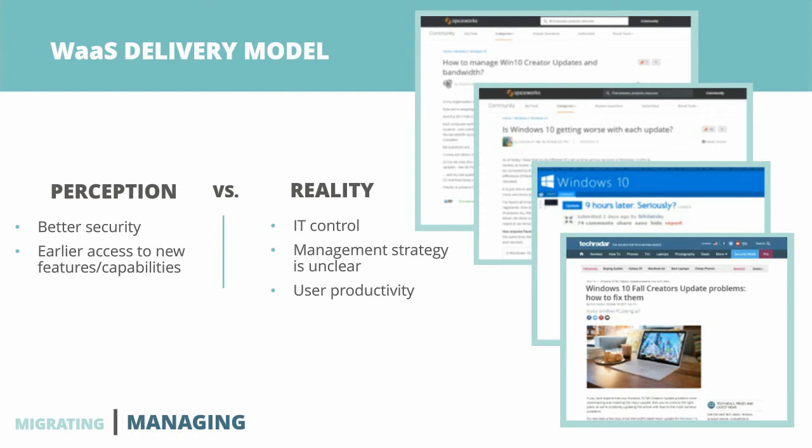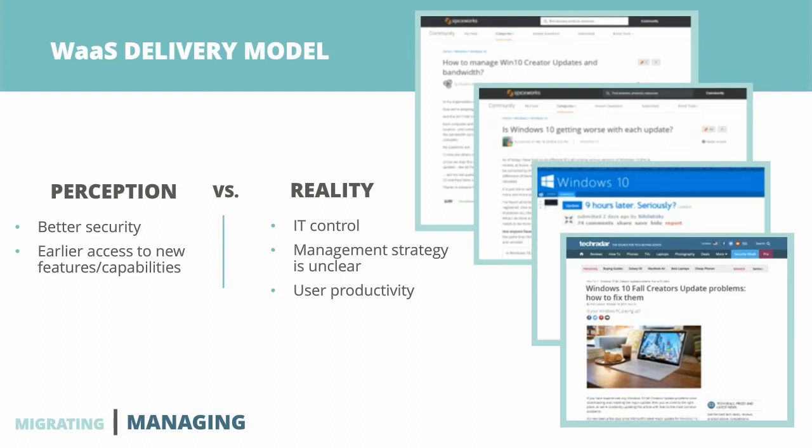The other piece is, by design, IT folks are generally control freaks, right? And that's part of your role, is to keep your environment secure and controlled and set up and dictated how you want it to be. And now some of that's getting taken out of your hands, and Microsoft's deciding how it's going to be for you. And for some of our customers, that's great and that's acceptable. Other customers, it's super not, and we'll talk more about that.